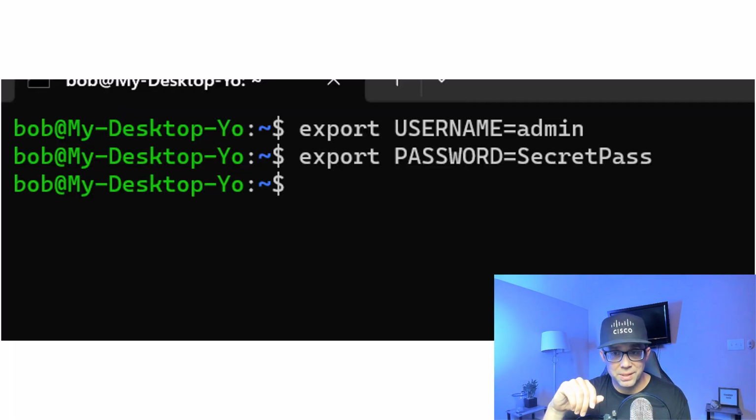If we look at this example, I'm creating an environment variable called username, and I'm assigning it to a value of admin. And then I'm creating another environment variable called password, and I'm assigning it to a value of secret pass. All right, now I'm going to go back into my script, and instead of hard coding the username